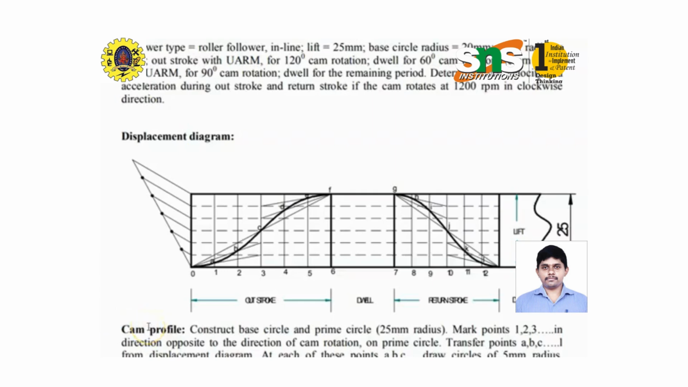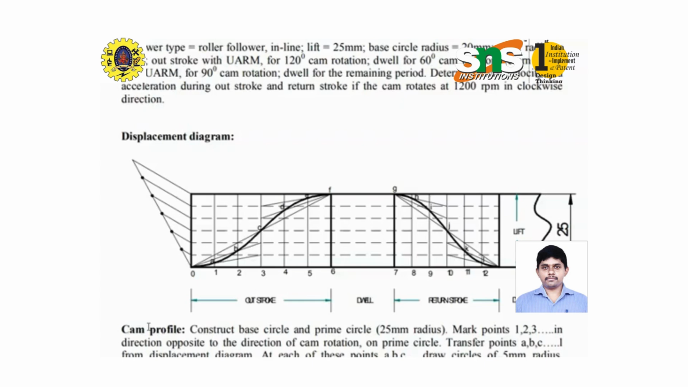Motion is follower, and the given is a lift, and the base circle radius is 20 mm, roller radius is 5 mm. So the given problem is about uniform acceleration and retardation motion. So we need to solve the problem with the help of the displacement diagram as well as the cam profile diagram. So for drawing the displacement diagram, we need to take follower lift on the y-axis and